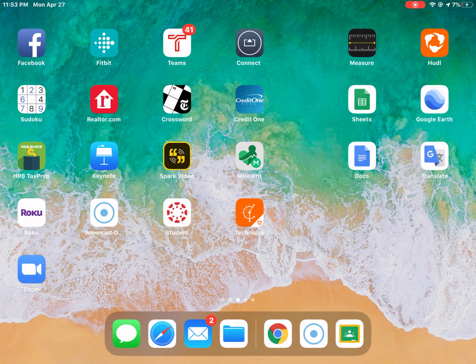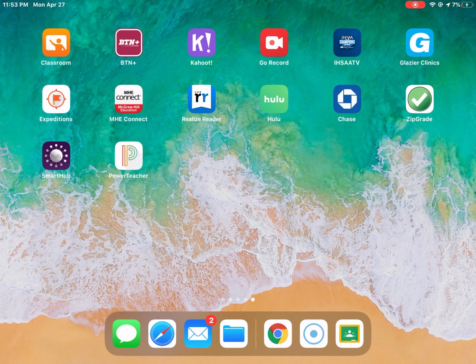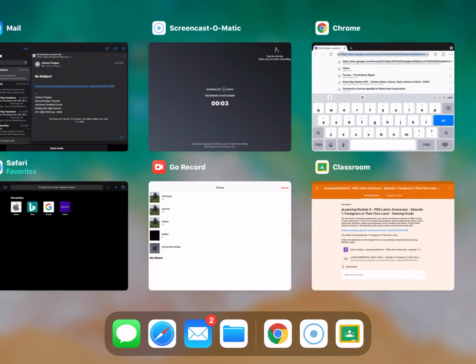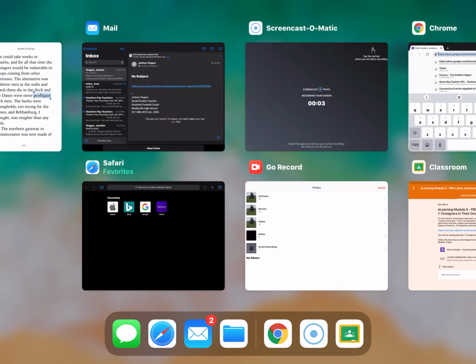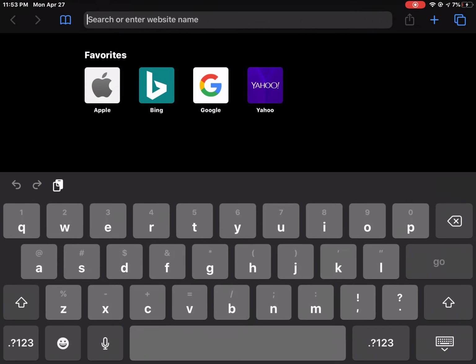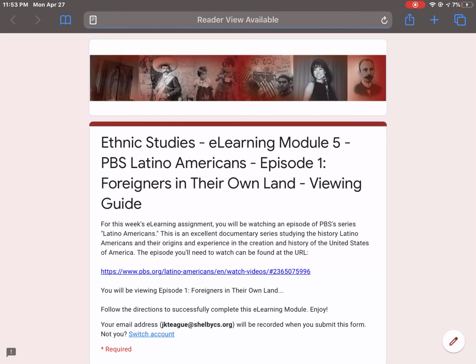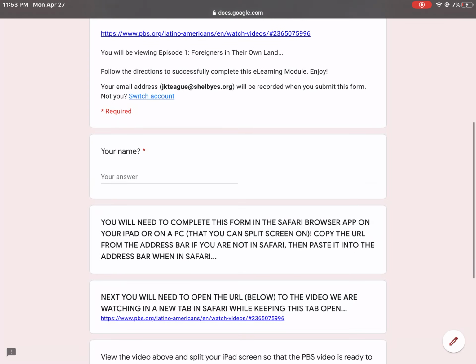And I should have looked up where it even was. I just had it. Oh, all right. Anyways, I have Safari pulled up here. So I don't know where the icon is on my iPad. You guys know how to use these things better than me probably. And so I'm going to paste that Google form link in there,